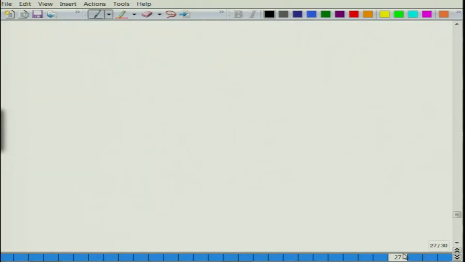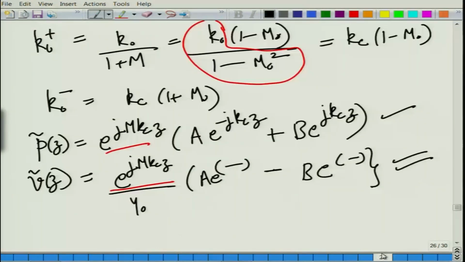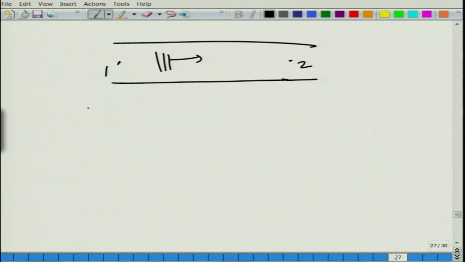I am leaving the algebra for you to work out, how you will eliminate A and B. Let us say you have a duct with a flow in this direction, and between points 1 and 2 you would want to derive the transfer matrix. So, how would you go about doing that? Apart from this term, like I said, we have pretty much the same thing. So, we could just write down between the points 1 and 2, z is equal to 0, z is equal to L,